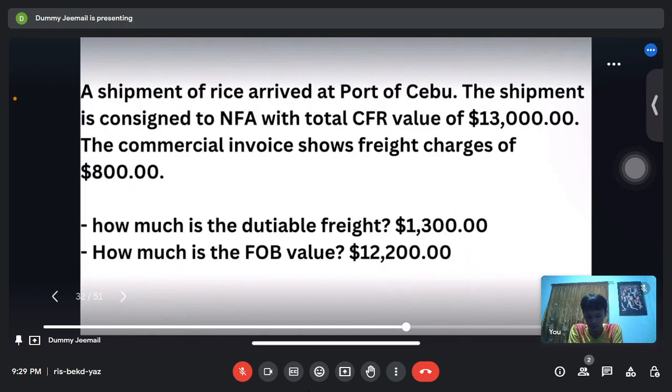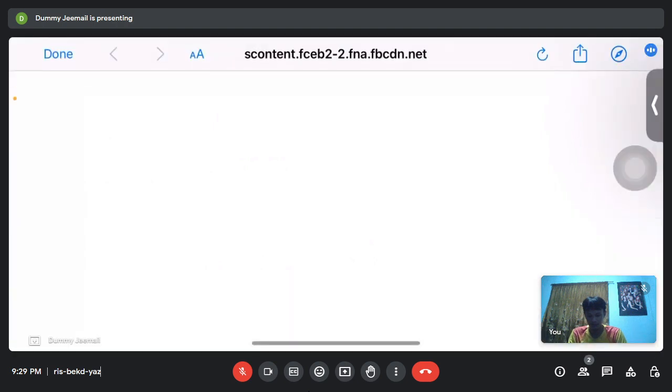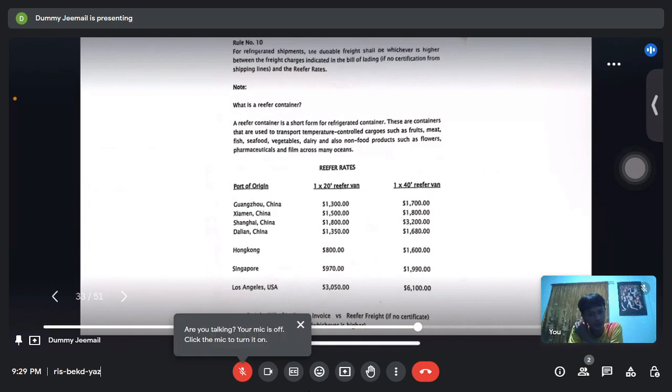So next, we have the last rule for the dutiable freight. Rule number 10. For refrigerated